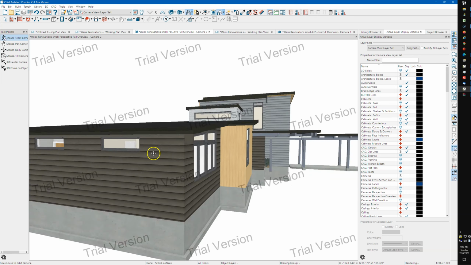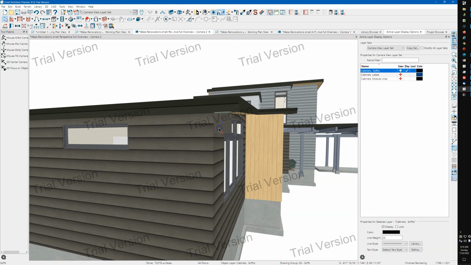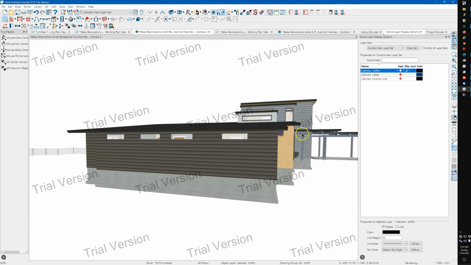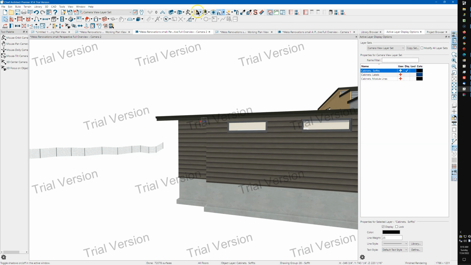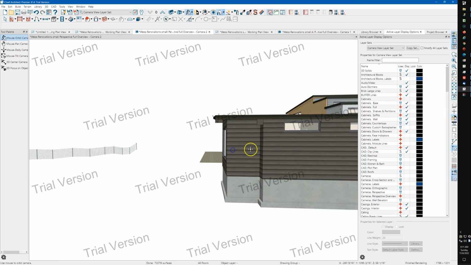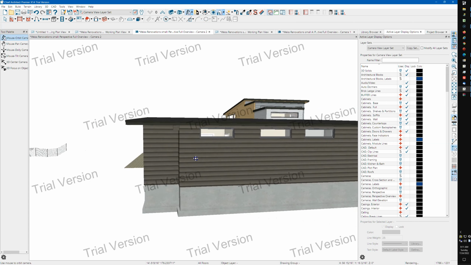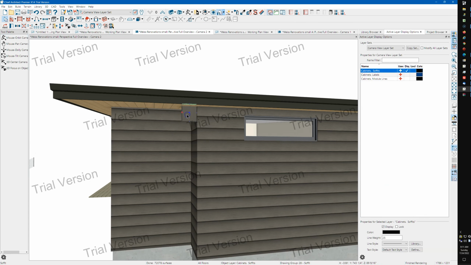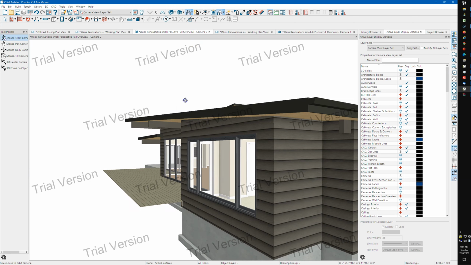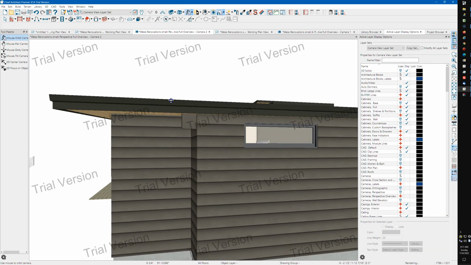And let's see, the other thing is these little things. I notice you use soffits for these things. And of course, a soffit works. I always think that people that come from Home Designer are the ones that use soffits for these kind of things, because that's kind of all you have. But in Chief,